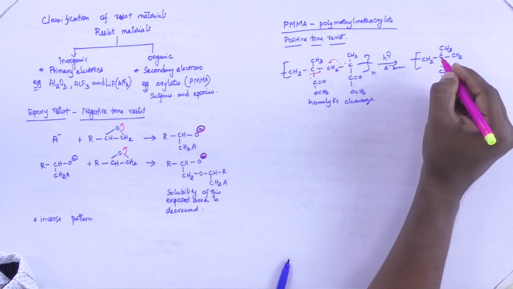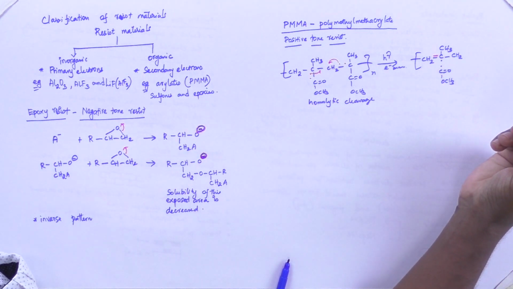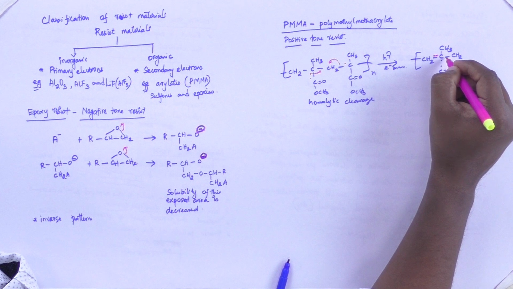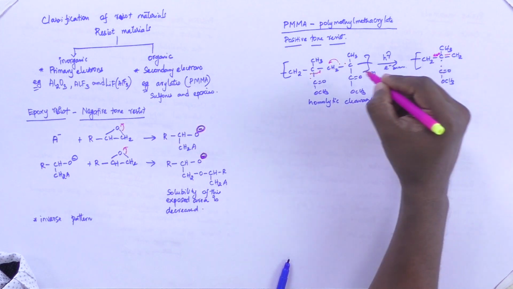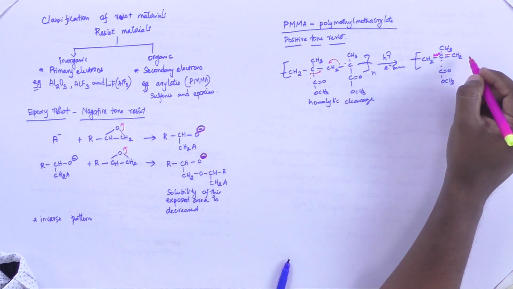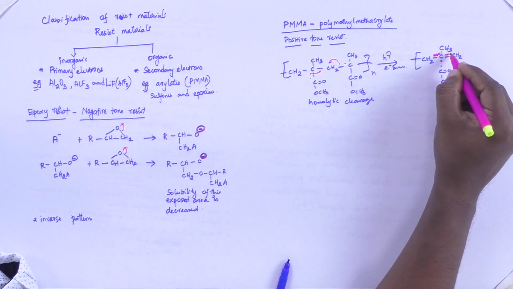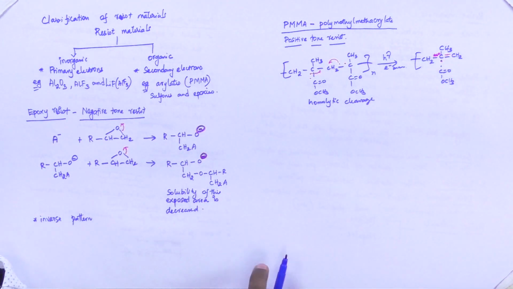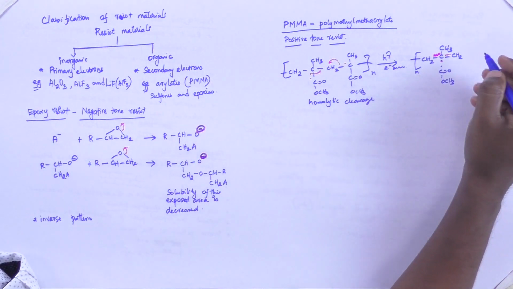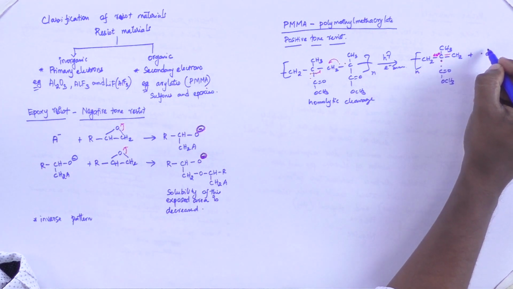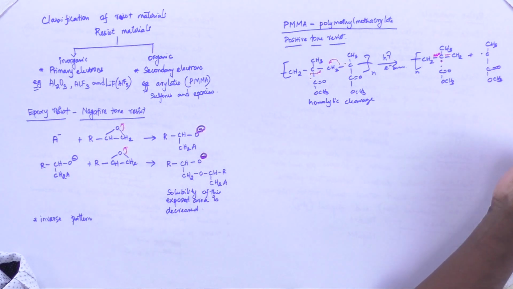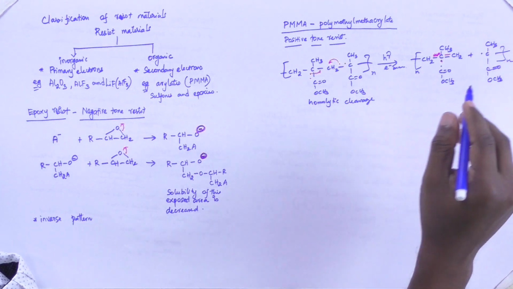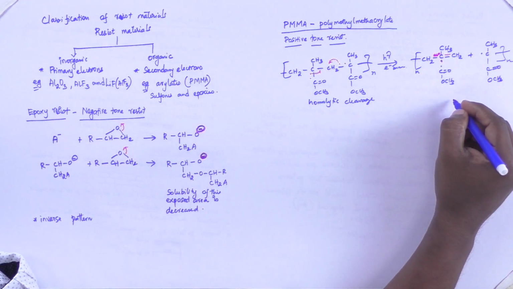As a result you will have a double bond. Sorry, it should be here, not here. So the double bond is produced here. So now this electron is gone because this is already present in this bond. So this is n times, and the remaining part, the carbon and the CH3 and the C double bond O and OCH3, are present on the other side. This is again n times, and what is left out is